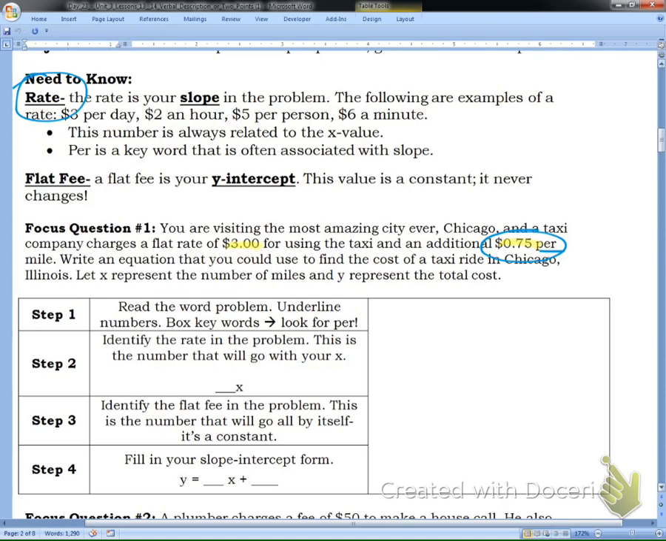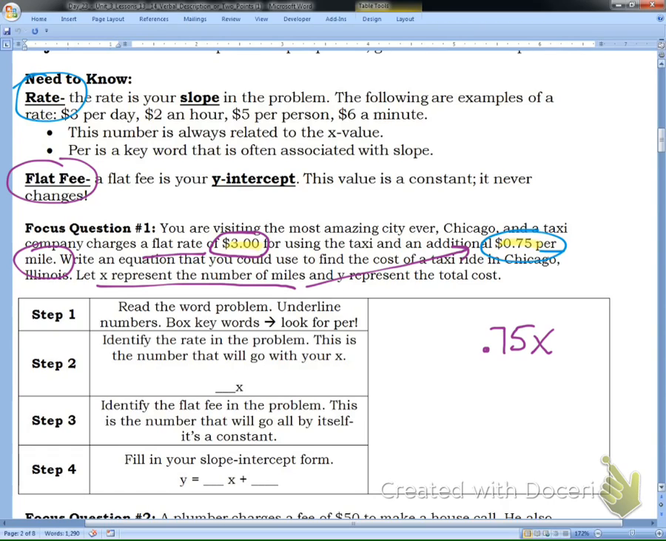Therefore, our other value, $3, must be our flat fee, and that makes sense, right? Because it even says flat rate right here. So once we identify our rate and our flat fee, or our slope and our y-intercept, now we're ready to write our equation. It says to let x represent the number of miles. Well, where is our miles in our problem? Our miles is that 75 cents per mile, all right? So that 75 cents needs to go right in front of that x,